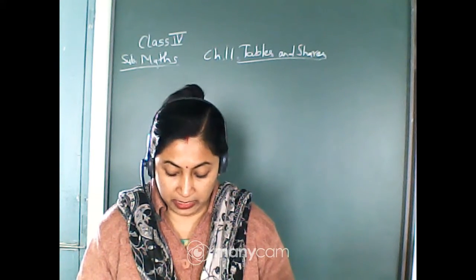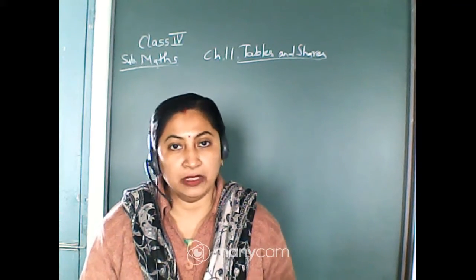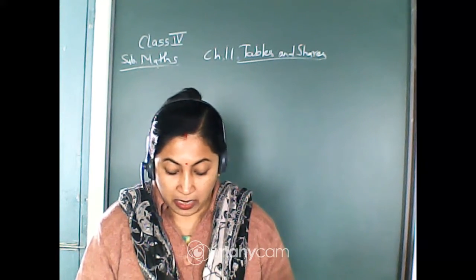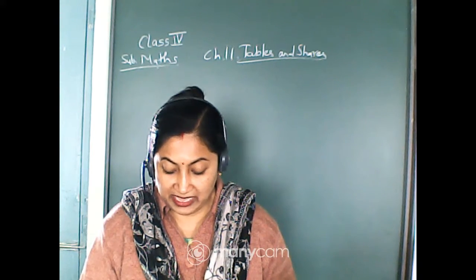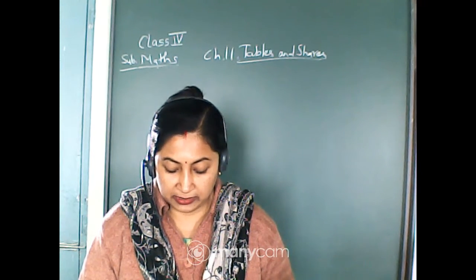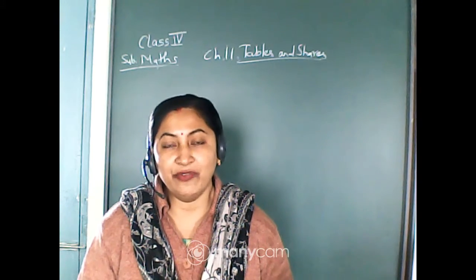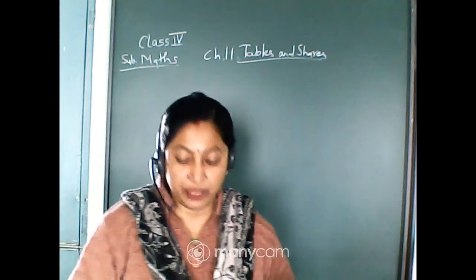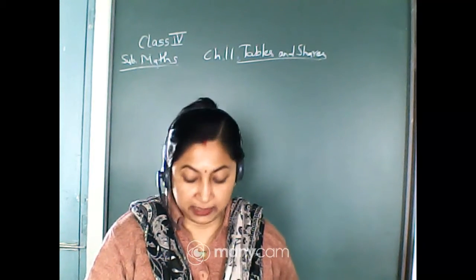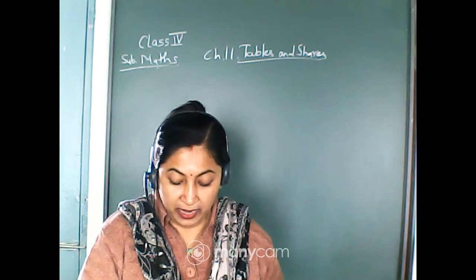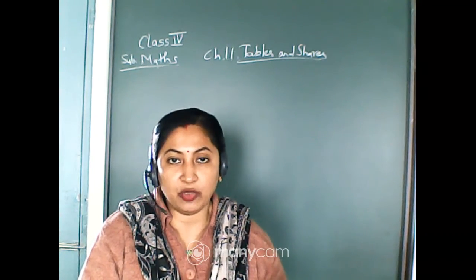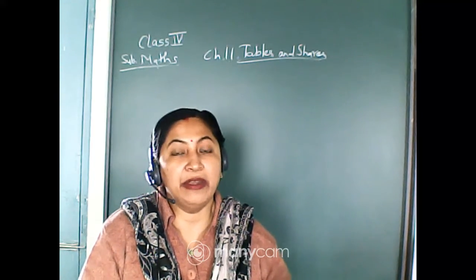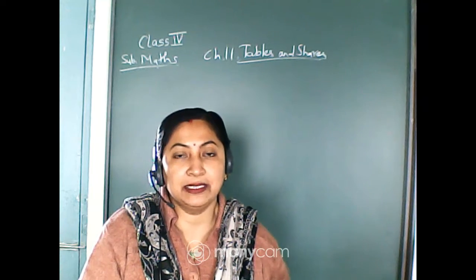So come to the next one, try this, question number A. This is also a word problem that we will solve now. Okay, question number A. Kanu made a necklace of 17 seashells. How many such necklaces can be made using 100 seashells? Now the same question as we have faced for Dhruv. Here it is told that Kanu made a necklace with 17 seashells, and the total number of seashells he has is 100. So you have to find out how many necklaces can be made from 100 seashells.